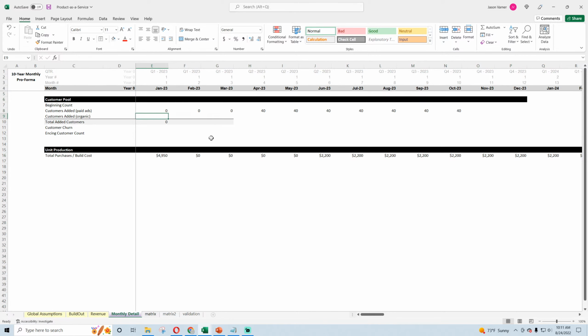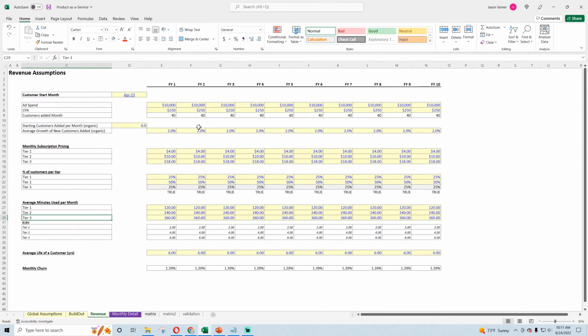So there's that. Now organic, we have some logic here. So we have starting amount, which will be on this month. This is the starting amount. And then we have the growth added per month. So what I do is say if this month equals our start month, then give me this number.